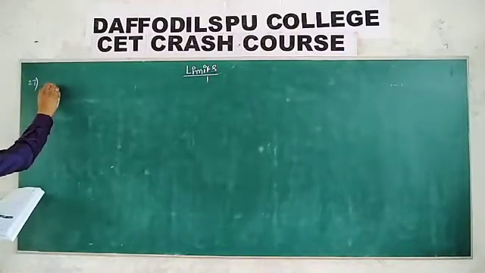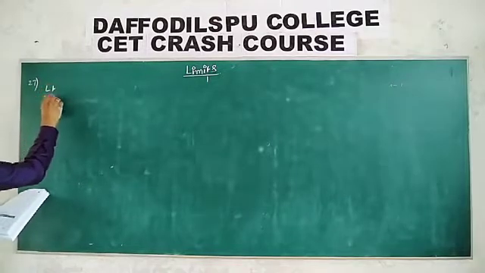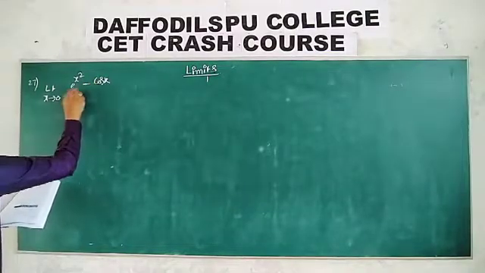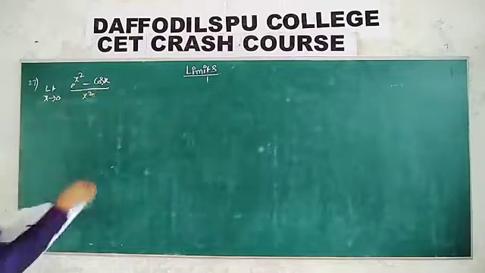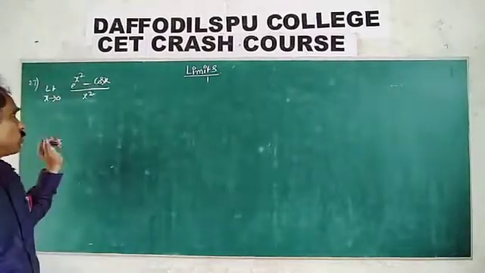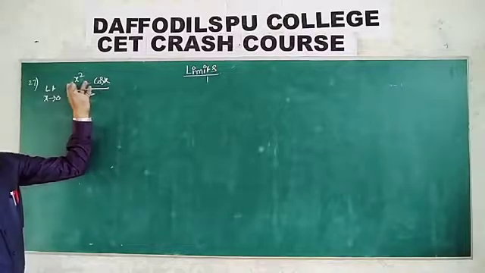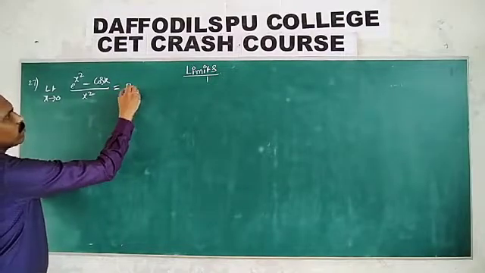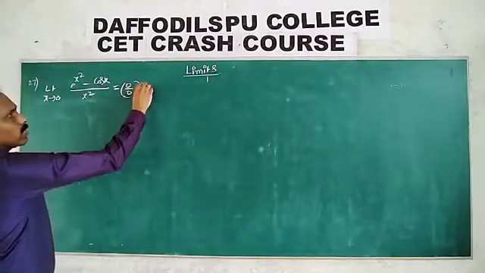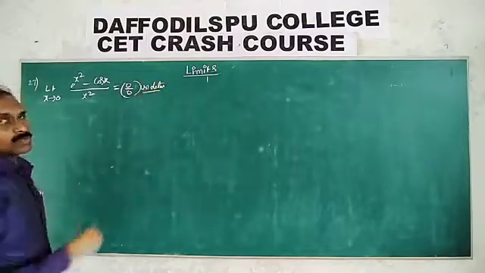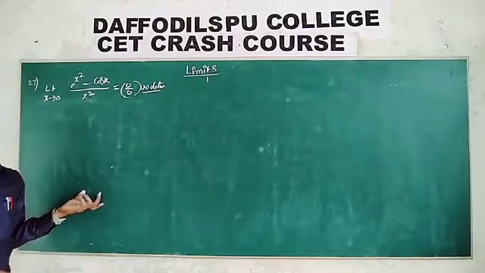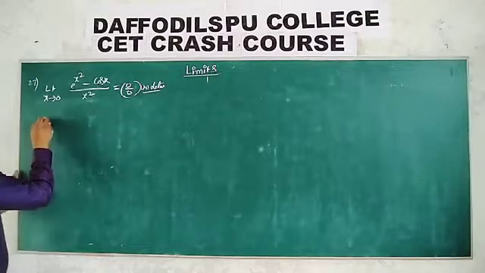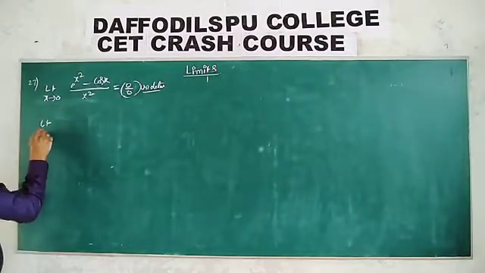e power x square, limit x tends to 0, e power x square minus cos x divided by x square is equal to, okay, this also using L'Hospital. Suppose there is substitute e power 0 1 minus cos 0 1, 1 minus 1 by 0, 0 by 0. First case 0 by 0 undetermined form, okay, undetermined form. So to convert either L'Hospital rule or some means any format you can do this one. So like this, limit x tends to 0.